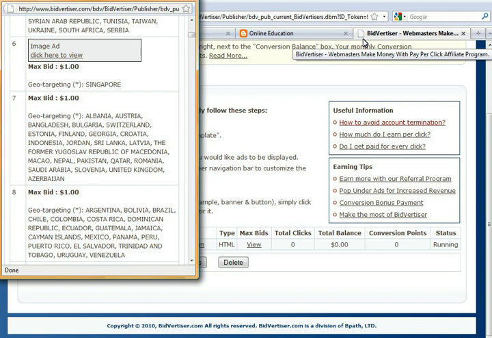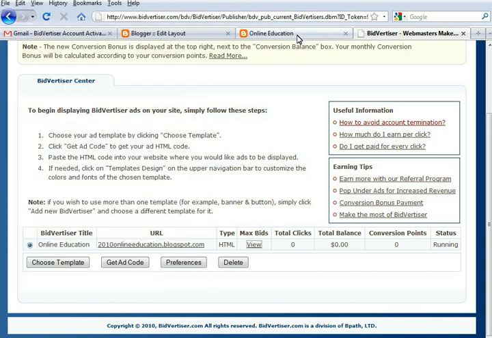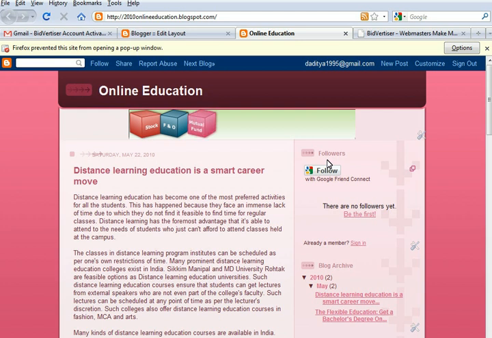Per click you will get 10 cents, 12 cents, $1, anything. So we have learned how to create an account in Bidvertiser, how to design the template, and how to get the ad code. Everything we have learned from here. So okay, thank you.